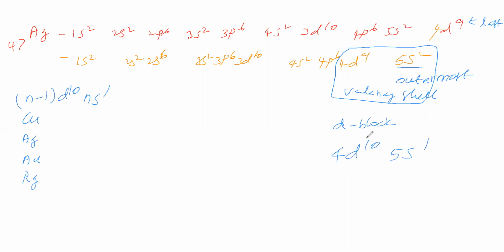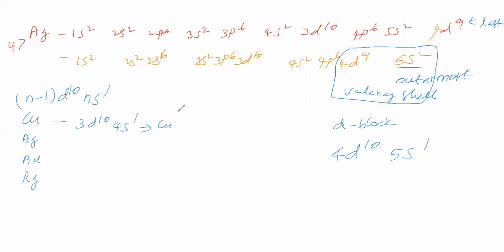So to say transition element, what is the definition? What is the concept? In a d block element, if the valence shell d subshell is incompletely filled, then the d block element is a transition element. As per that point, this is not a transition element. Now we will see the electronic configuration of copper. Copper electronic configuration is 3d10 4s1.